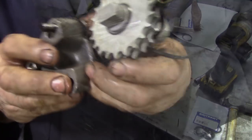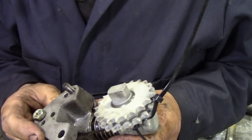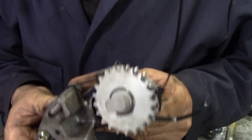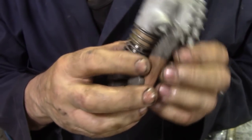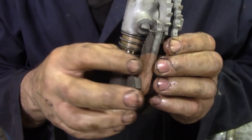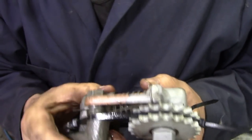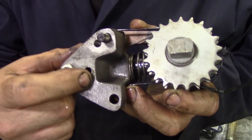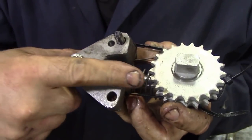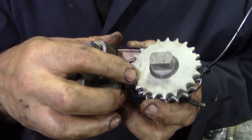Let's have a look. This is a really good idea. I've already stripped and cleaned it in the fine sand, put it through the ultrasound, got all the muck out of it, and it's come out really well, and you can see how fine the sand was because it didn't even take the copper off this finish here. It's a good piece of engineering, must have cost a fortune to make, but how it works is that oil goes through this hole here and pushes this piston,